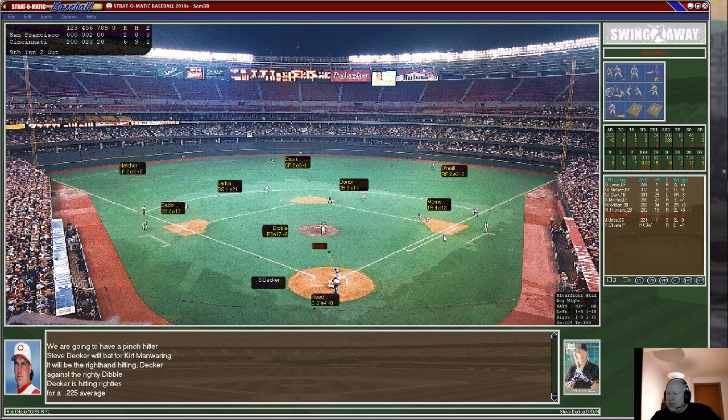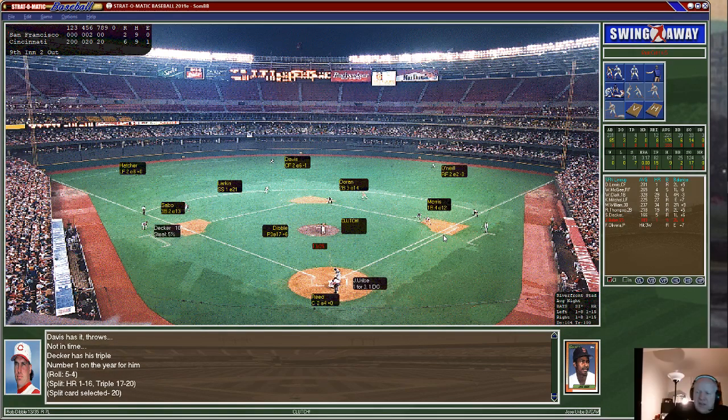What's Dibble going to do? Dibble gives up a fly ball to center field. It's deep. Davis turns and races back towards the wall, and it is off the wall. Decker rounds second and heads into third. And Decker has a triple on the play, just barely off the top of the wall, almost a home run. And Dibble is not at all happy with himself, giving up a triple to a backup catcher with a .238 batting average. Dibble is in danger of giving up his first run of the season